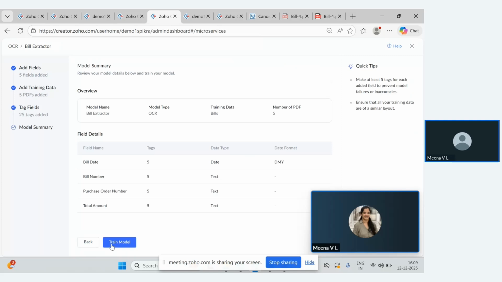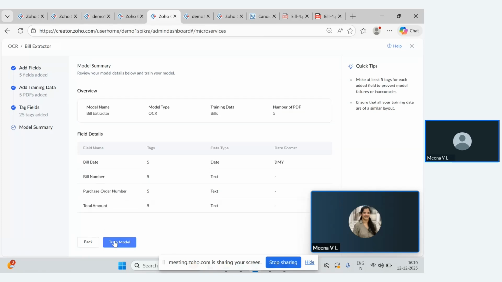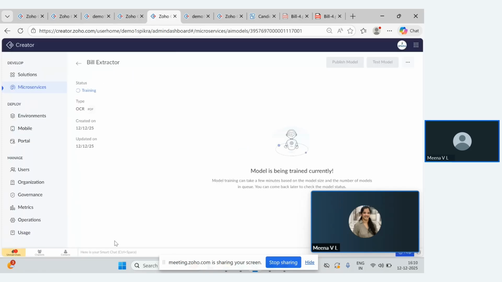So totally we have 5 PDFs uploaded, and then we have the 5 fields populated, right? So now I'm going to click on train model. So this will take a few minutes.